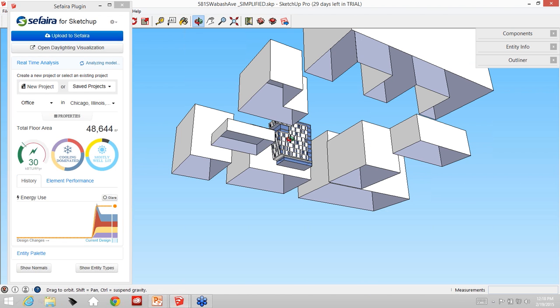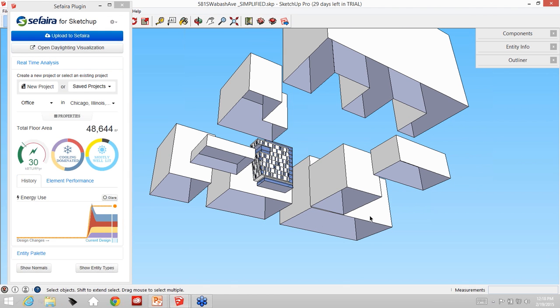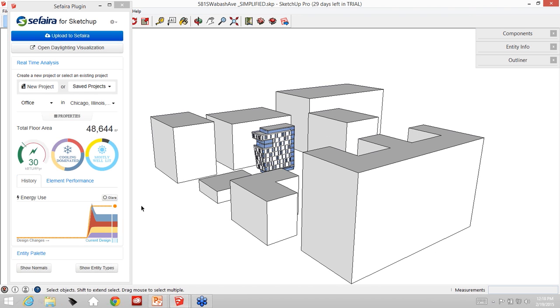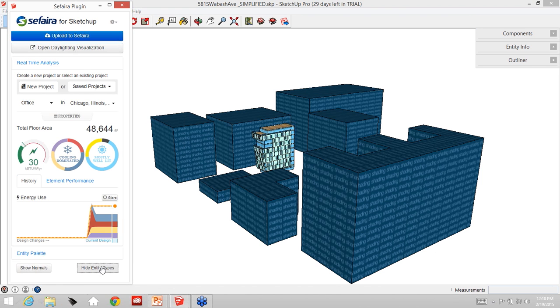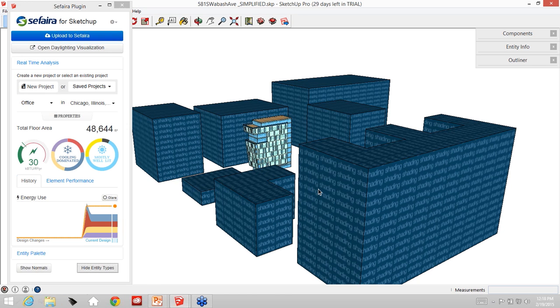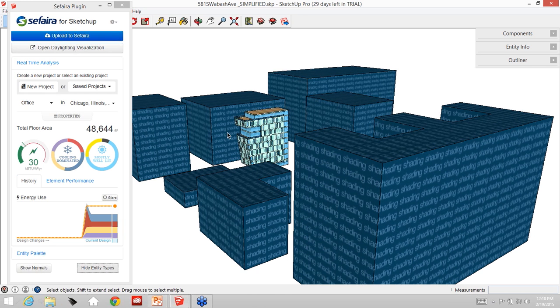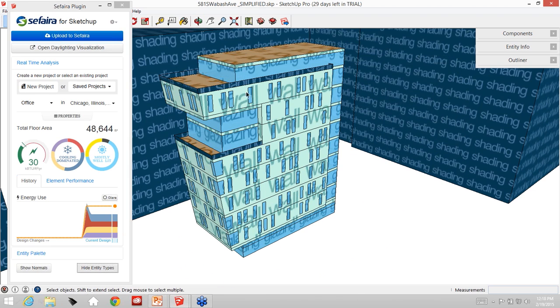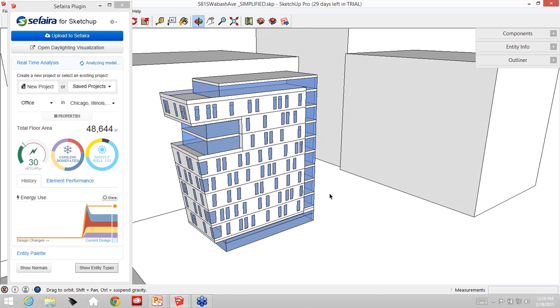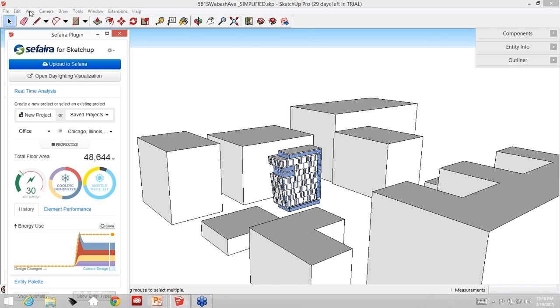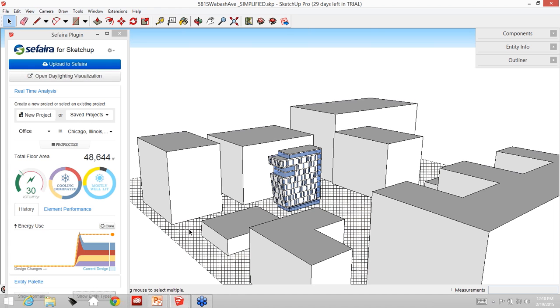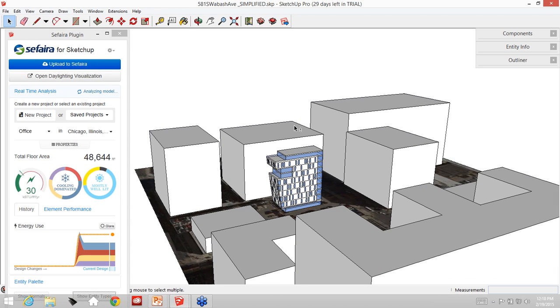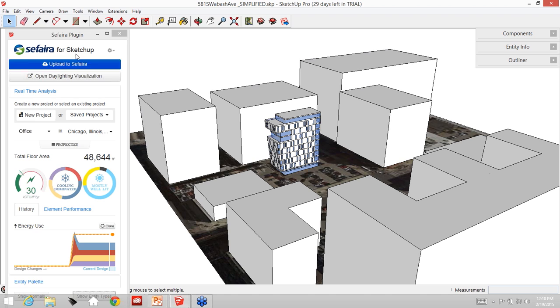So I'll orbit around here. We don't have floors. I did this ahead of time, so I got rid of the floors. And then I'm going to do a show entity types in Sefaira. And this is telling me what Sefaira is analyzing. So I'm happy with this. I see that all my context is tagged as shading, and my building over here is tagged as appropriate, wall, glazing, roof, etc. So I'll go ahead and hide those. Let's see that floor plan again. Let's unhide that. Perfect. Okay, so now we're back to the beginning, and now we can look at the Sefaira